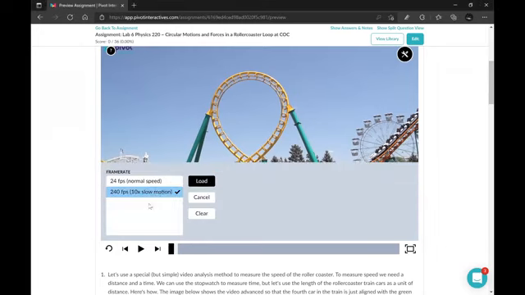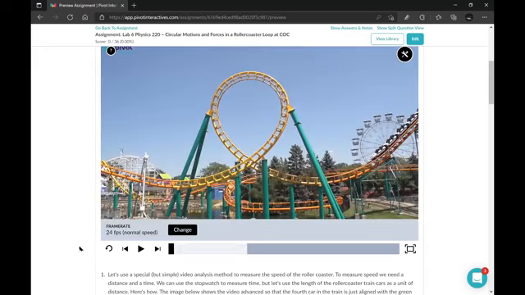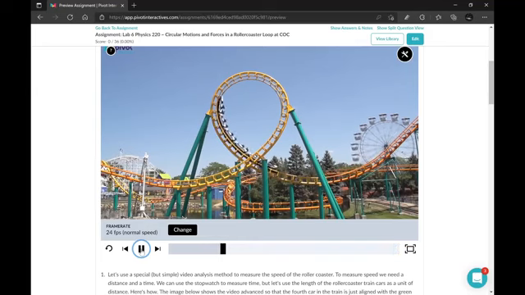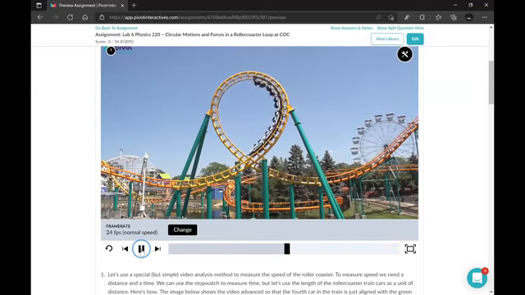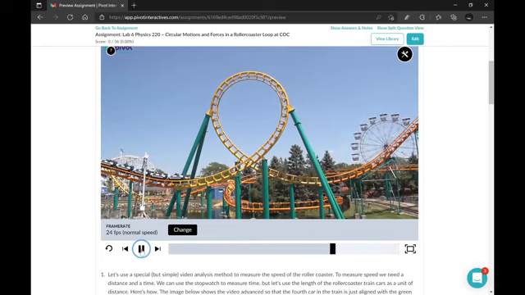We have two versions: 24 frames per second, normal speed, and also the slow one. Let's look at the fast one first, and then we'll look at the slow one. All right, so this is what we get, and our goal will be to measure the speed of